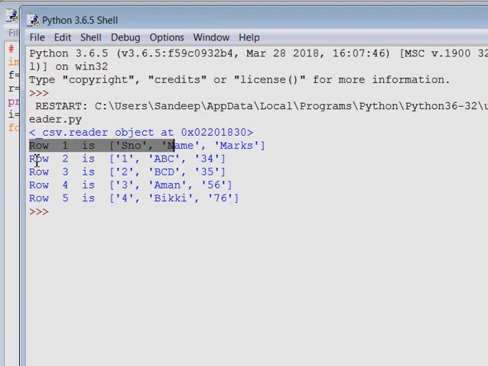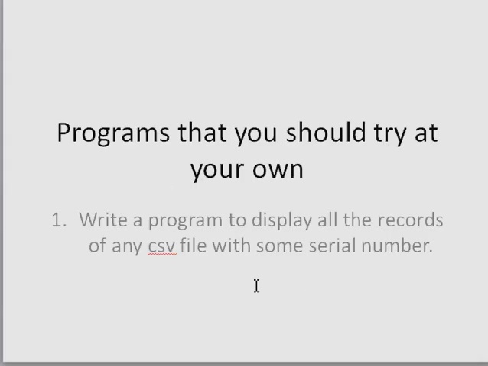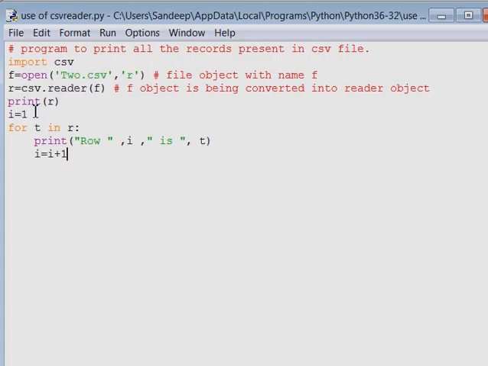Row 1 is this, row 2 is this, row 3 is this. तो एक तरह से क्या हो रहा है कि इसमें सीरियल नंबर दिख रहा है कि आपका रो 1 में क्या है, ये है, रो 2 में क्या है, ये है, रो 3 में क्या है, ये है. अगर आप i को यूज़ नहीं कर रहे हैं तो डायरेक्टली आपको आंसर क्या मिल रहा है, डायरेक्टली लिस्ट की फॉर्म में डाटा दिख रहा है. तो मैंने कहा था कि आपने सीरियल नंबर मेंशन करना है हर रिकॉर्ड के आगे. तो उसके लिए हमने क्या किया है, एक वेरिएबल ऐड किया है और उस वेरिएबल में इंक्रीमेंट करवा दिया है, और प्रिंट स्टेटमेंट में उस वेरिएबल को साथ में प्रिंट करवा दिया है, फॉर्मेट करके, थोड़ा सा स्टाइल चेंज करके. So this was the solution of previous questions that we had asked.